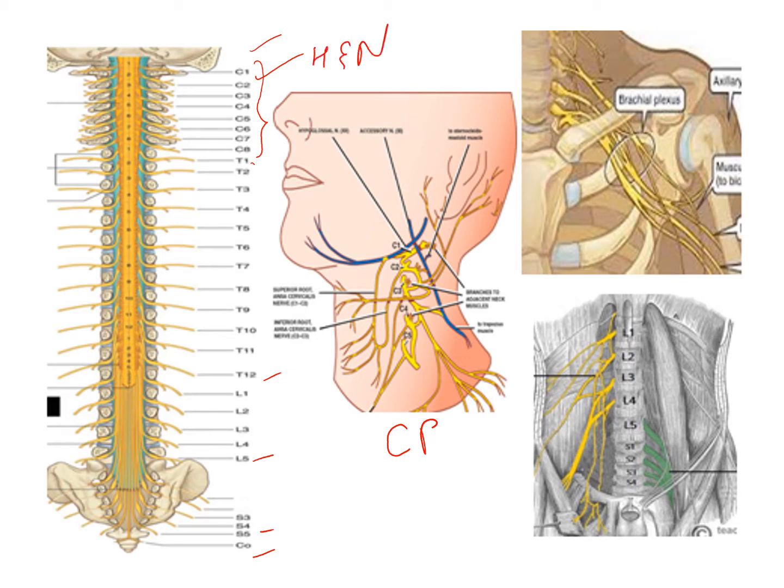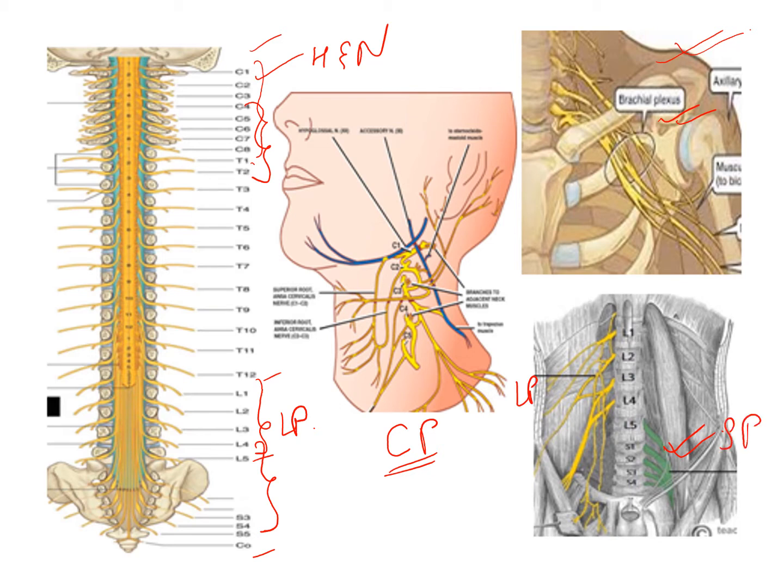Then you are also aware of the brachial plexus. The brachial plexus will supply the upper limb. Now we are discussing the lumbar plexus. This lumbar plexus will supply the lower limb, the anterior abdominal wall and the skin of the gluteal region. We also have the sacral plexus. The sacral plexus will supply the lower limb, the pelvis and the perineum. So these are some of the plexuses you know: the cervical plexus, the brachial plexus, the lumbar plexus and the sacral plexus.